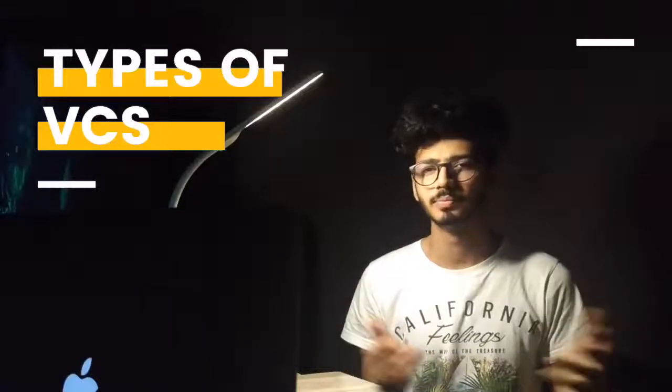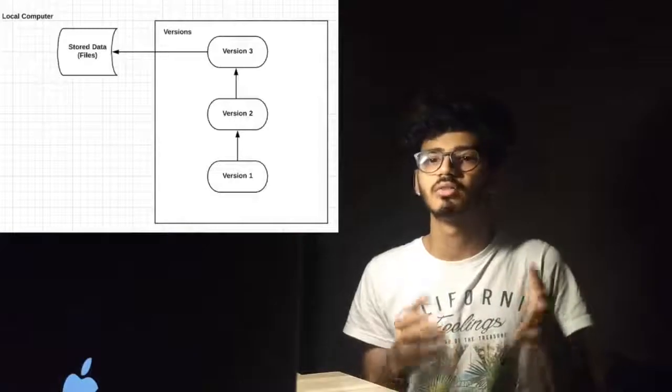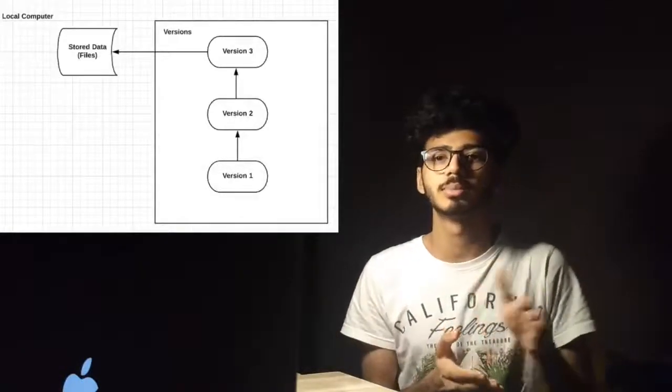Then how many types of version control system are there? There are three basic types of version control systems: a local, a centralized, and a distributed one. The local version control system maintains and tracks files within the local system. Taking an example, suppose you have a file in your system and you want some minor changes or to upgrade it. So you have the local system set up. Generally, it is not advisable and is avoided.